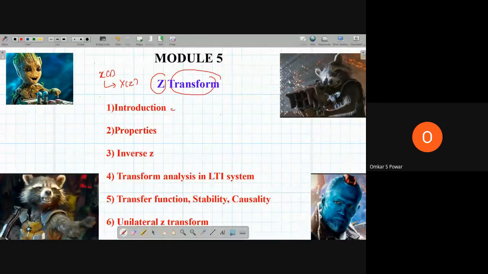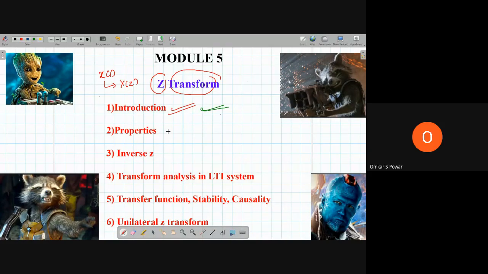The first thing you'll see is the introduction to Z transform, what is the formula for Z transform. Then the region of convergence concept will come. Poles and zeros concepts will come. Do not get confused; we will go step by step and understand it. That we will cover in this introduction.